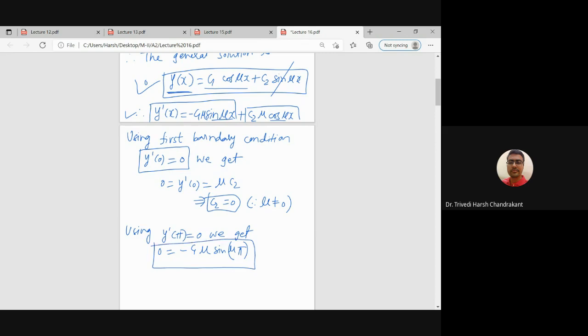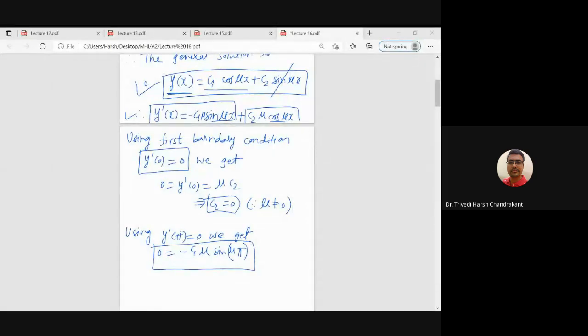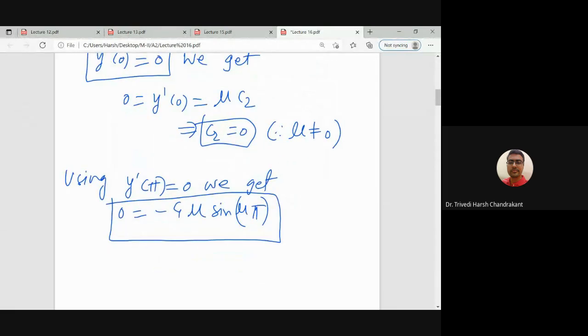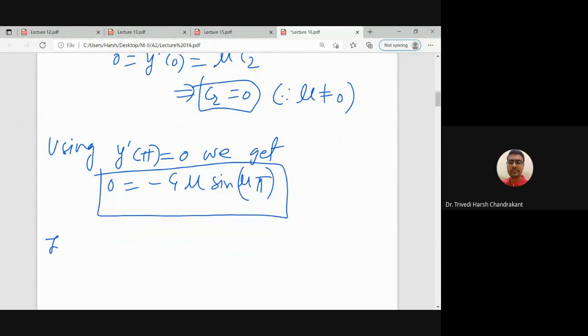So this equation will imply mu is non-zero. That means either C1 is 0 or sine mu pi is 0. So can C1 be 0? If you take C1 to be 0, then our y of x function will be 0 function, right? And if it is 0, then it is not an eigenfunction. So that means, so if you want, we can write down this. Yeah. So therefore we get C1 is equal to 0 or sine mu pi is 0,